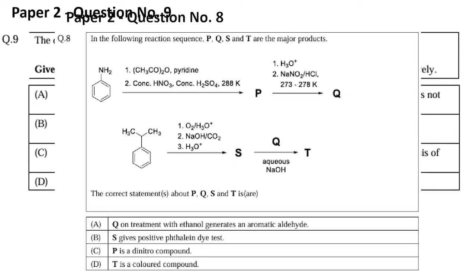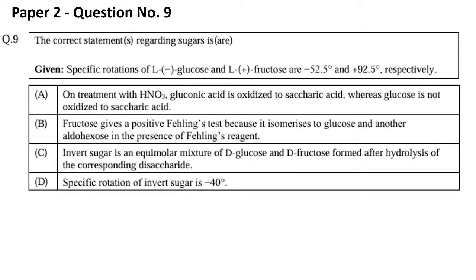9. This question is from the biomolecules chapter. They have given us the specific rotation of L-glucose and L-fructose, which is minus 52.5 degree and plus 92.5 degree. And we have to see which of the following statements are correct. This is multiple correct, so more than one option may be correct. So first, they have given: on treatment with HNO3, gluconic acid is oxidized to saccharic acid, whereas glucose is not